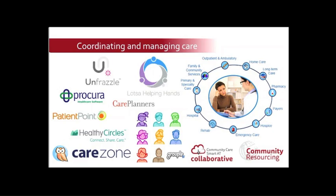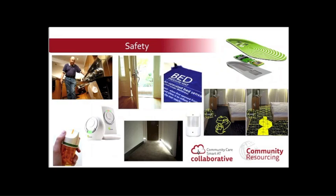Technologies used for safety are those that allow you to manage safety issues and receive notifications for unsafe situations. You can monitor activities in the home like cooking, movement within the home, and get early warnings on dangerous situations. Technology can be used at entryways and exits to detect when someone is entering or leaving the home. There are motion detectors, which are often coupled with notification services so that family carers are notified when doors and